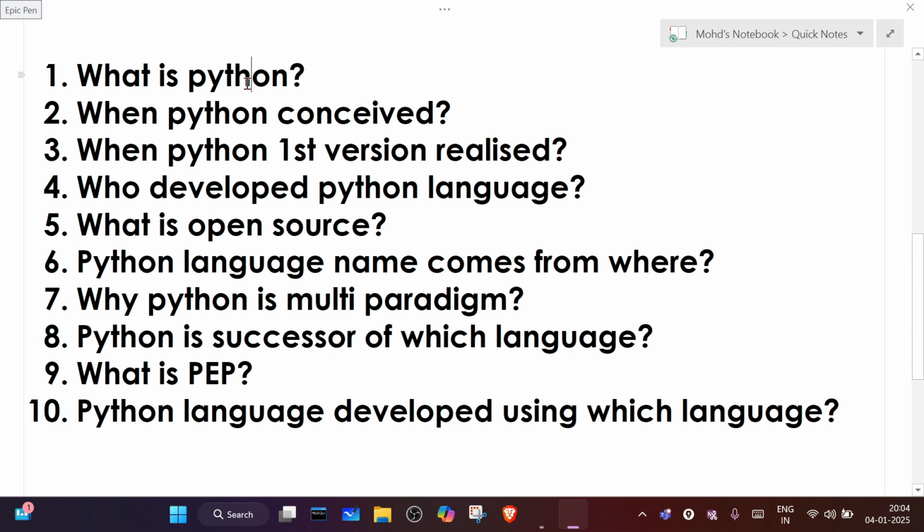Sir, it can handle big data. We can say Python has huge library support. Whenever we want to create a project, we can use libraries provided by Python.